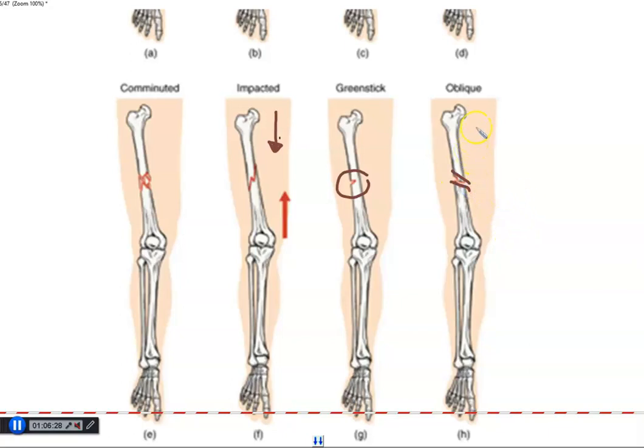Maybe the difference is that with oblique, they actually do separate from one another, while the spiral is just twisted. That could be a way to tell too. But to help you on the spiral, I'm going to add those arrows to let you know that it's been twisted. If you were trying to break something, you twist around it to break it. So these are just common fractures that you'll see in the medical